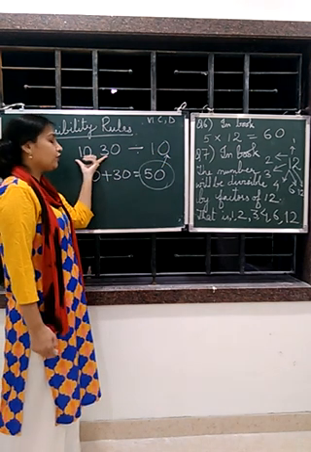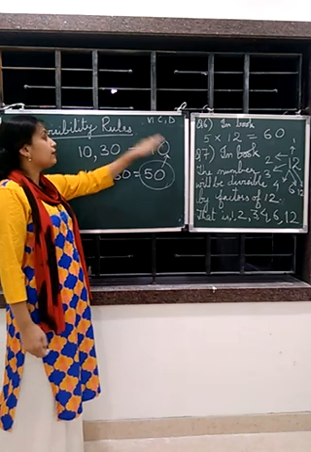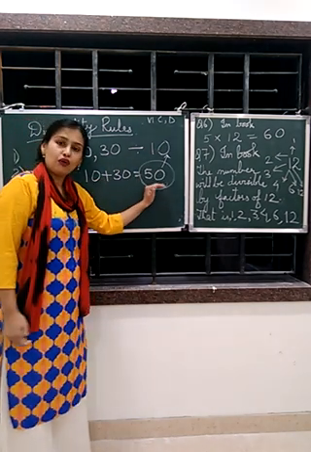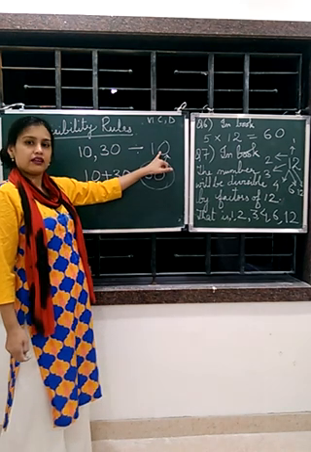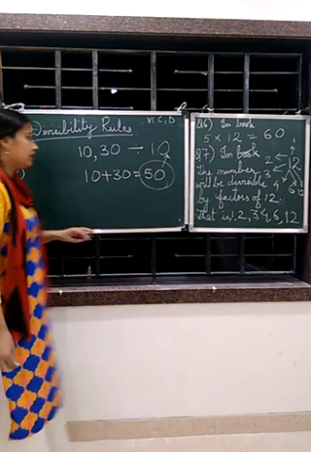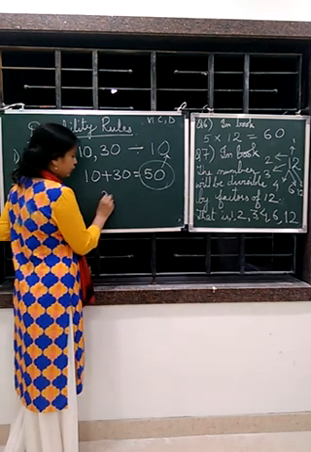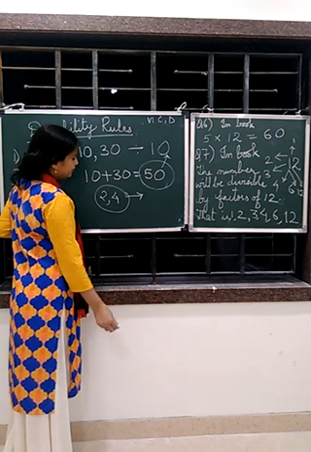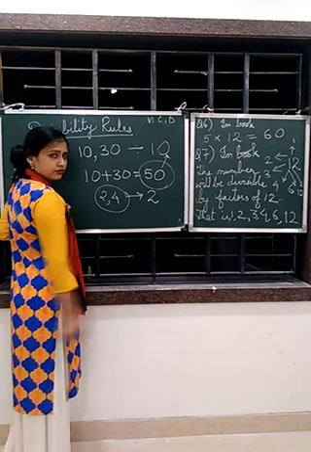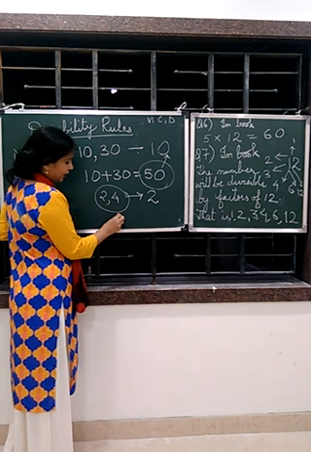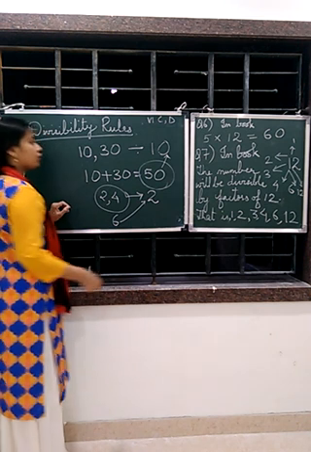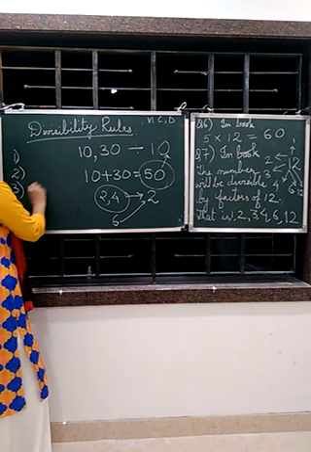मतलब अगर कोई भी दो नंबर है, अगर वो किसी भी नंबर से divisible है, तो उनका जो sum होगा वो भी उस नंबर से divisible होगा. Let's take another example like 2 and 4. Both are divisible by 2. Then the sum of 2 and 4, that is 6, is also divisible by 2. Got it? This is the third property for addition.